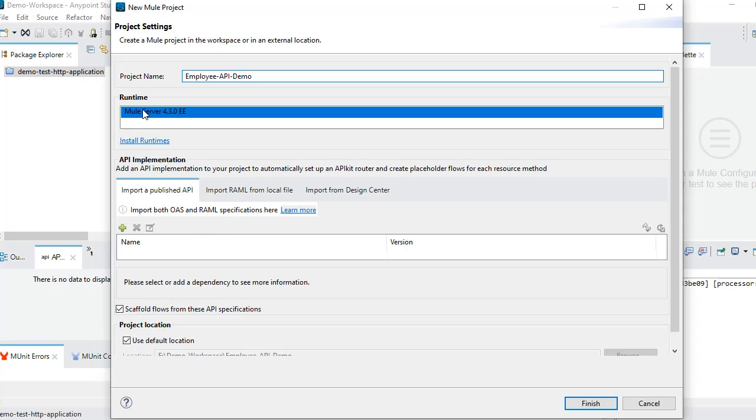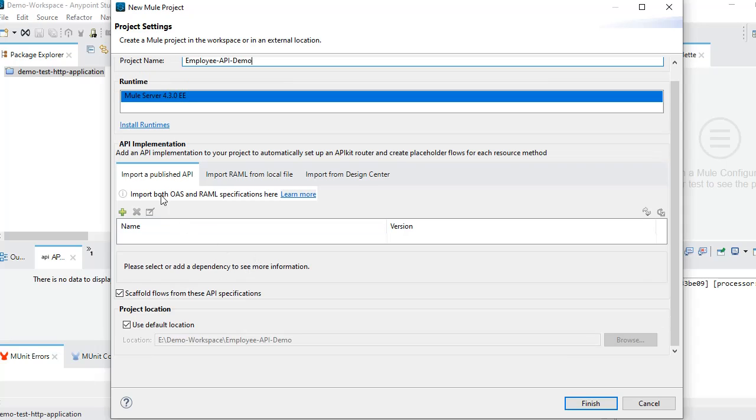If any of your clients or projects require old runtimes, you can install the older runtimes and update accordingly. For now we can just accept the latest version of runtime, which is 4.3.2.